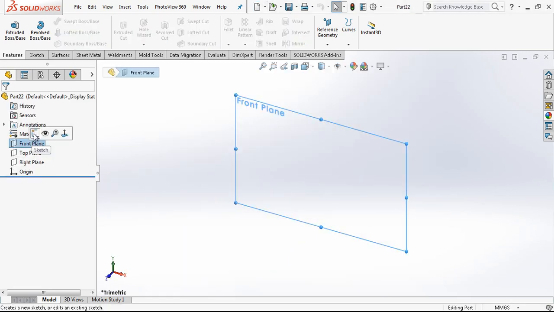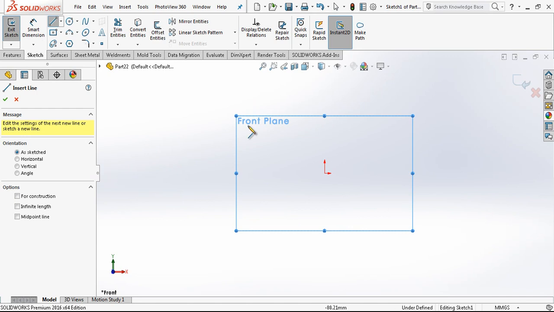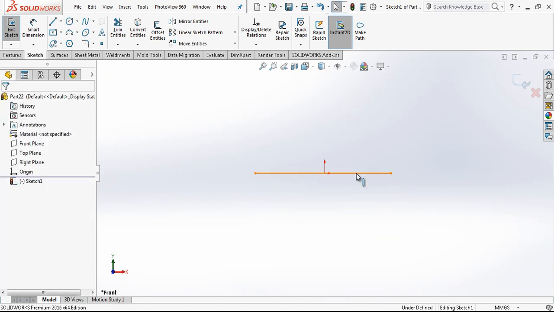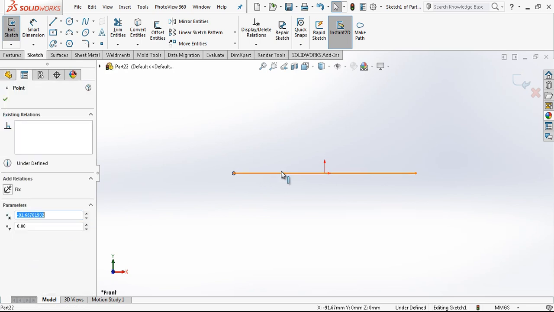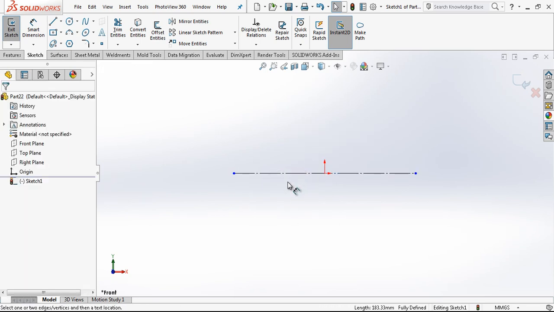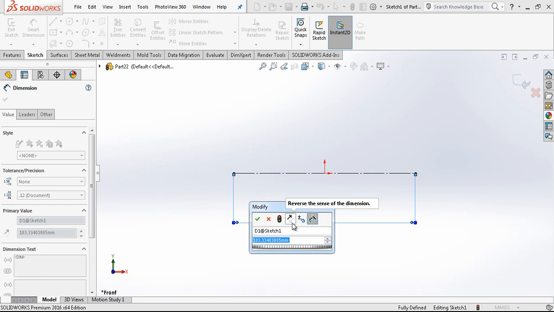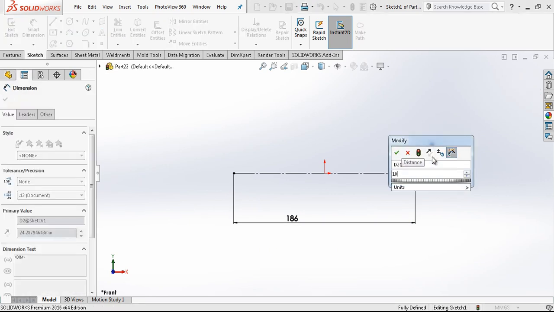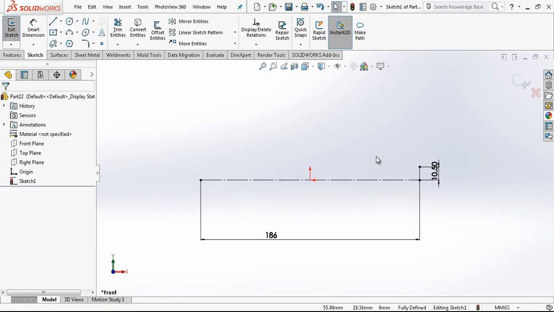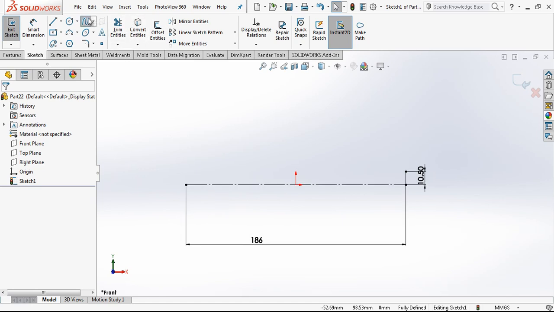We open a part in front plane, and as always we are making a construction line, and now I put a midpoint relation. The dimension of this line will be 186 millimeter, and here we create one line which is 10.5 millimeter high, and we are going to put our spline